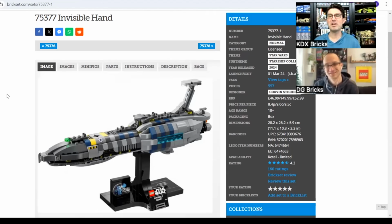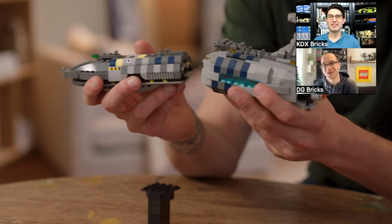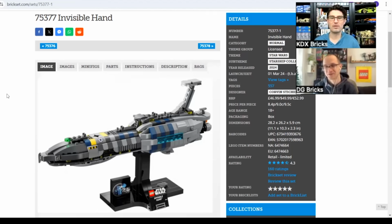Yeah, and already $50 for 557 pieces. I know a lot of them are small, but it seems a lot more palatable. This ship is so cool and it comes apart in the middle, which is just perfect. But quick PSA though, I'm not buying anything until late in the year, especially Star Wars. You got to get past May the 4th and into the July-August months before I'm really going to be picking any of these up. Definitely, I'm going to hold off after last year's May the 4th pushback caused me to buy some